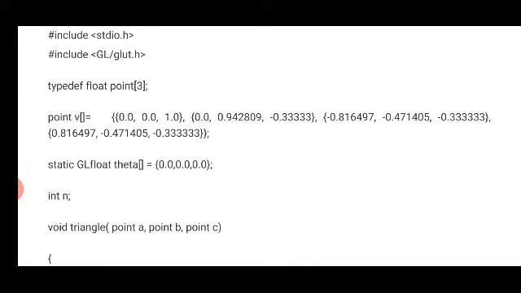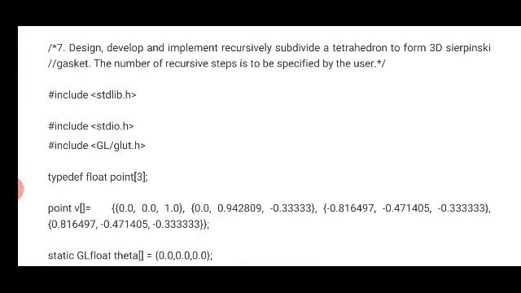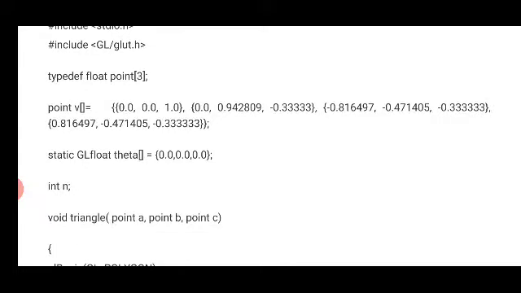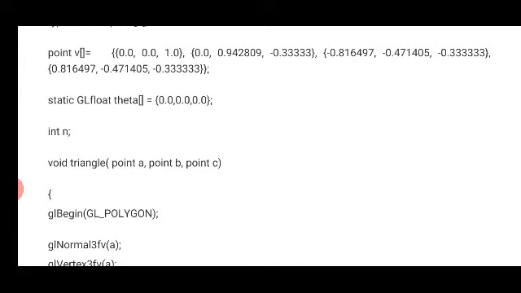First of all, to draw a tetrahedron we require triangles. Before that, we'll specify the points required for a tetrahedron. For drawing a particular tetrahedron we require 4 vertices in total: 3 below vertices and 1 top vertex. This point array consists of the vertices for a particular tetrahedron. After getting these vertices, the next step is to draw the triangles.